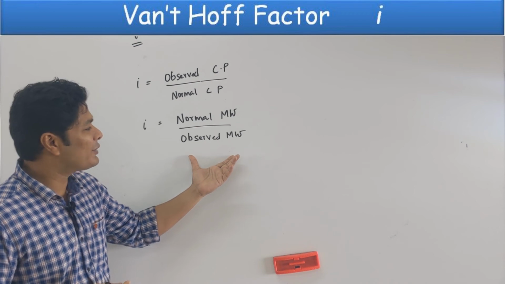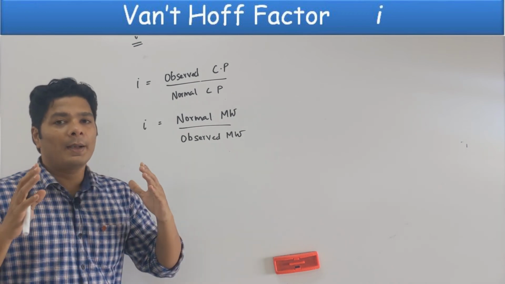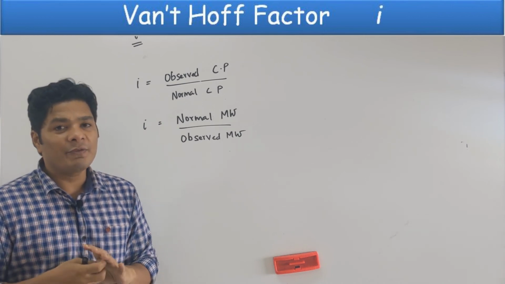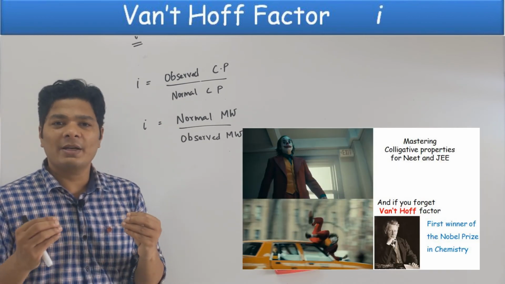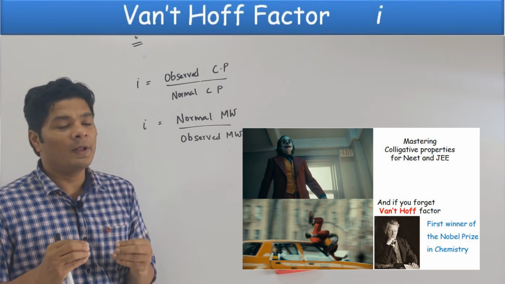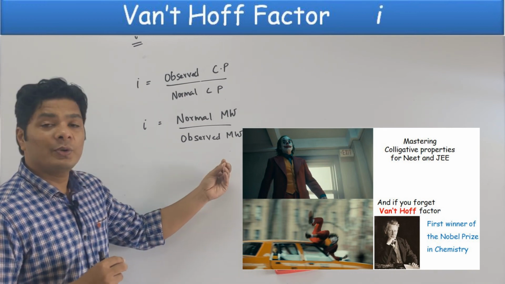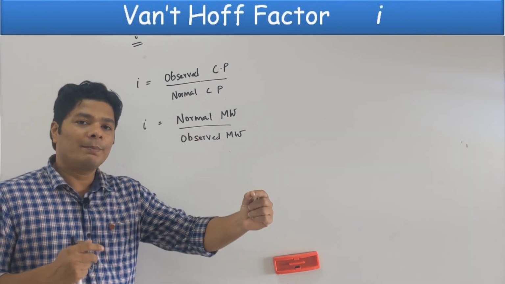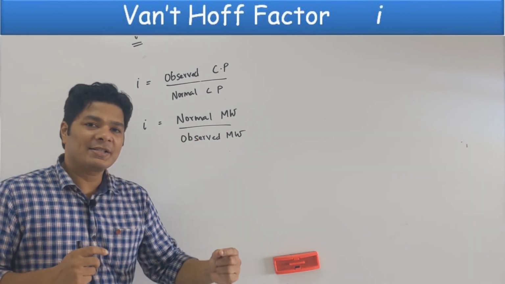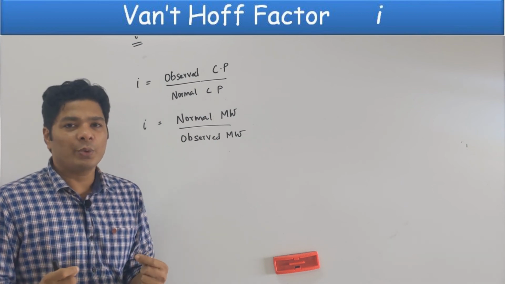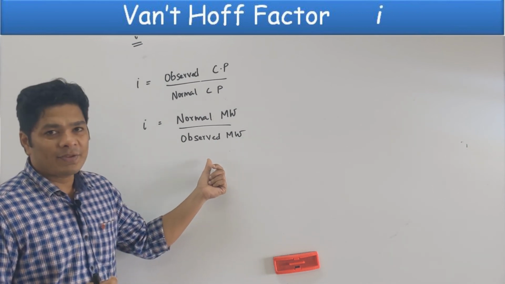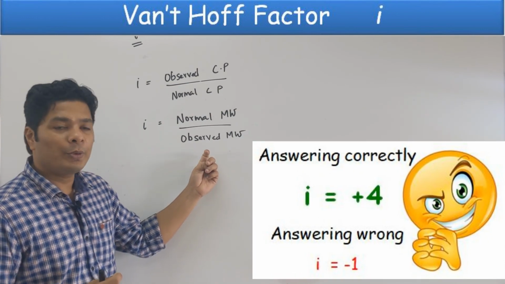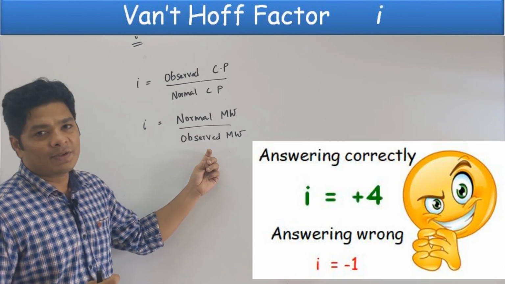Otherwise, the I value is always going to be straightforward, but I cannot stress that it is simple, but it comes every year and people do make mistakes because of doing it fast. So make sure that you give it due diligence and do it a little bit slow. Doing a tough problem and getting the answer might be really satisfying for you. Doing an easy problem might not be satisfying, but still they are both 4 points. So it is better to make sure that you put in your due diligence and make your answers right.